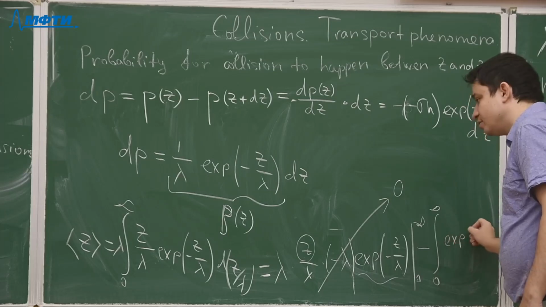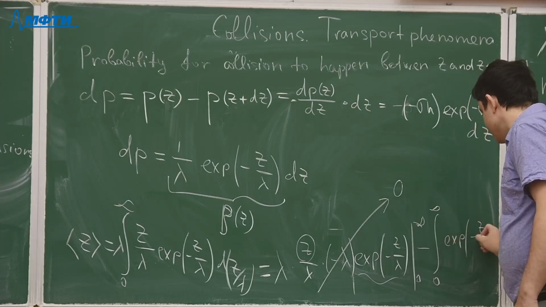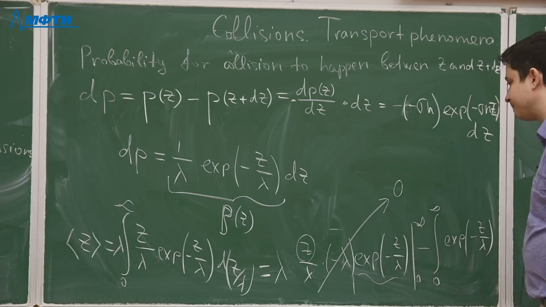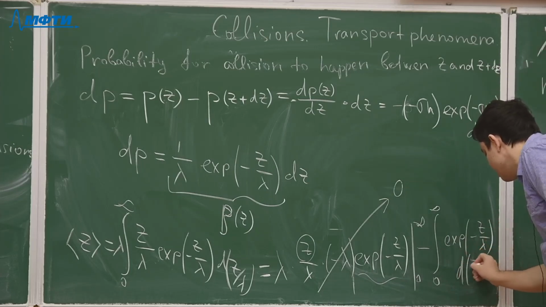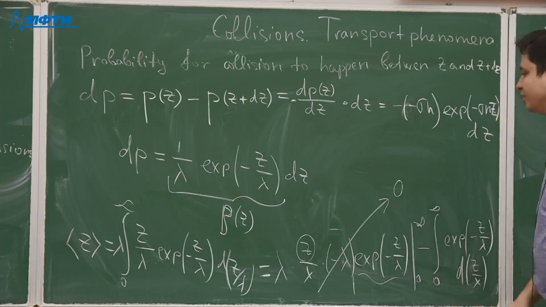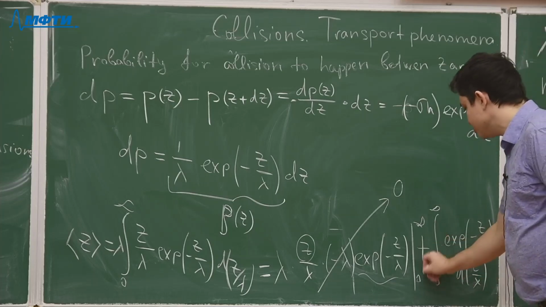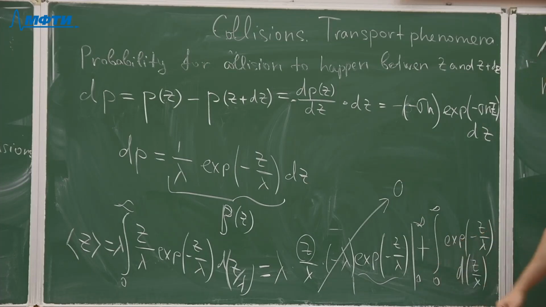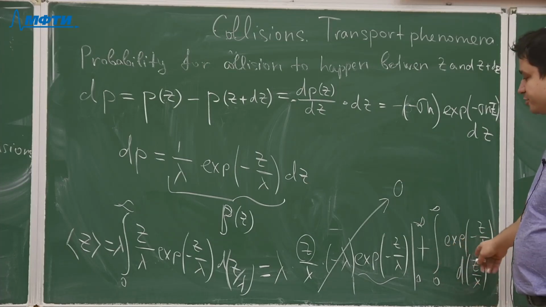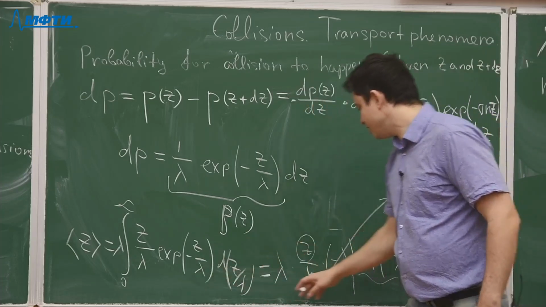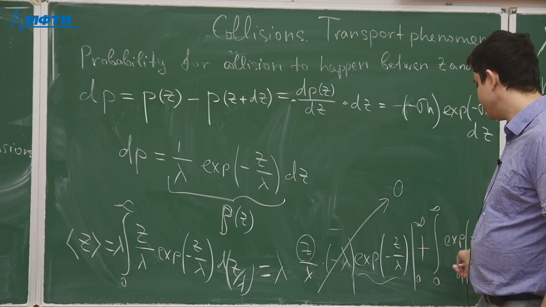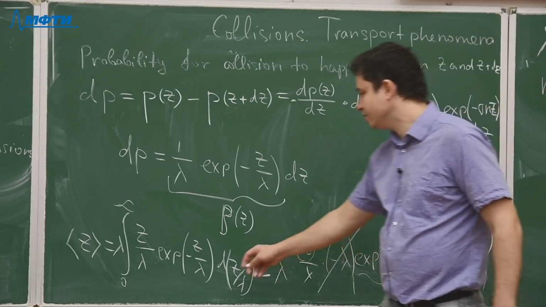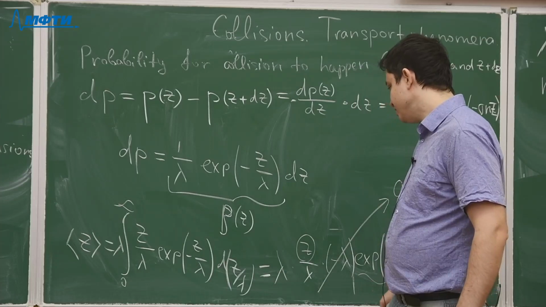Actually, that is the integral from 0 to infinity of exponent minus z over lambda d z over lambda. And I need also to switch the sign here to plus. So a brief explanation of what's going on here. When I integrate this, I have an additional factor of minus lambda. So I had minus something, so I have an additional factor of minus lambda, and which happens to be,